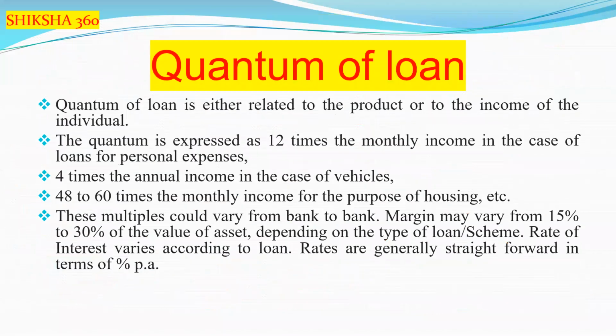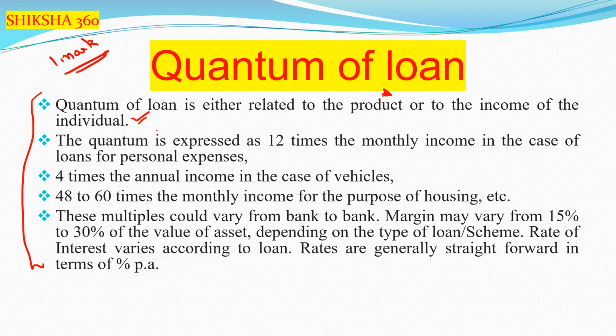Now next is the quantum of loan, that is, how much loan we can sanction. This is also a one mark question from the examination point of view. We have to go with the book values. It varies from bank to bank, but here we go with the values provided in the book. The quantum of loan is related either to the product or to the income of